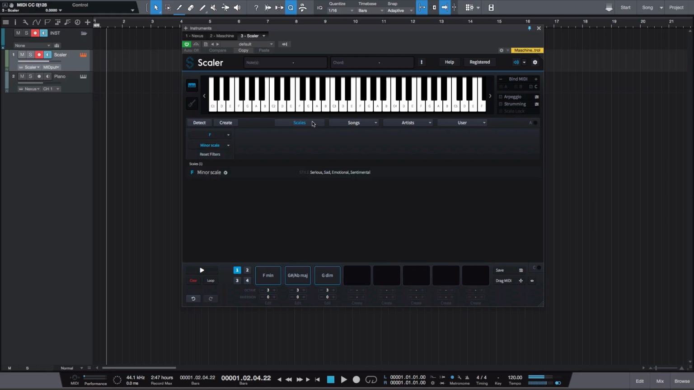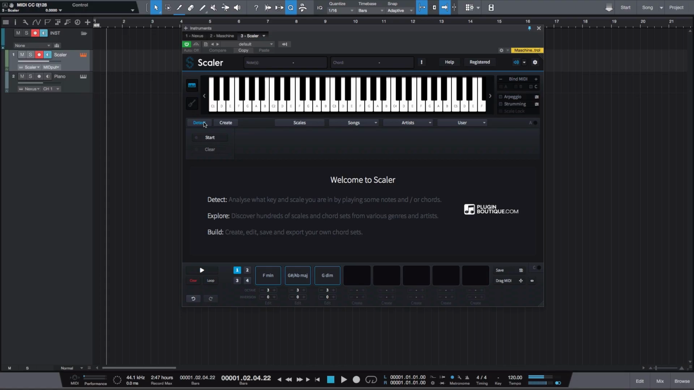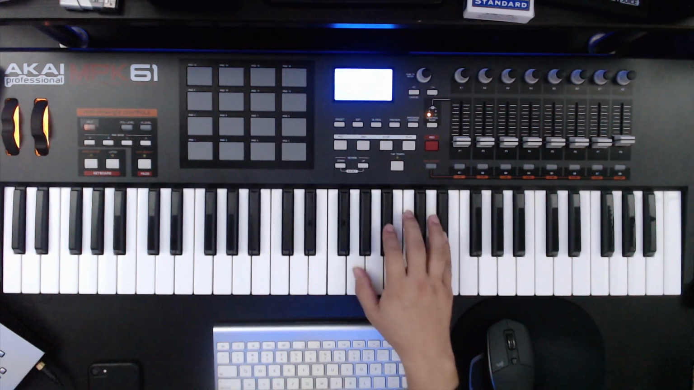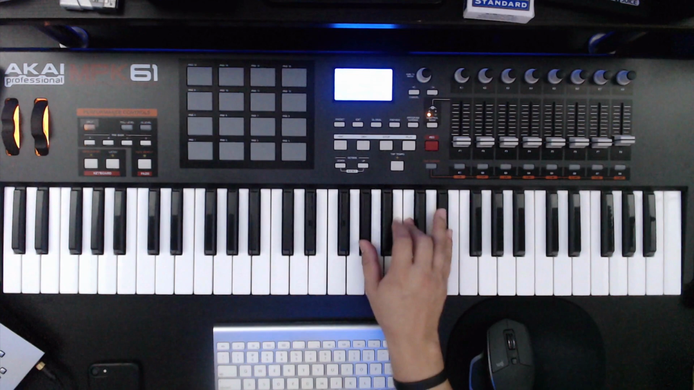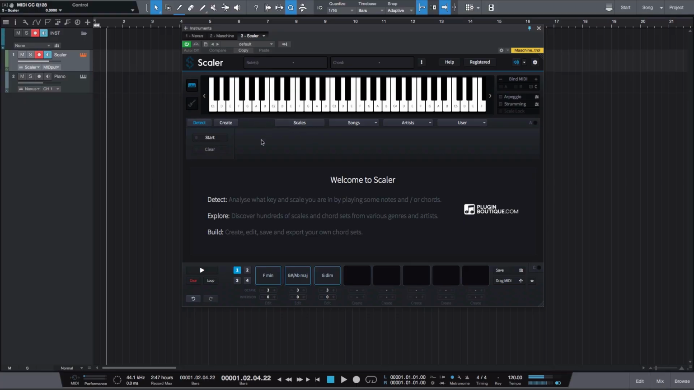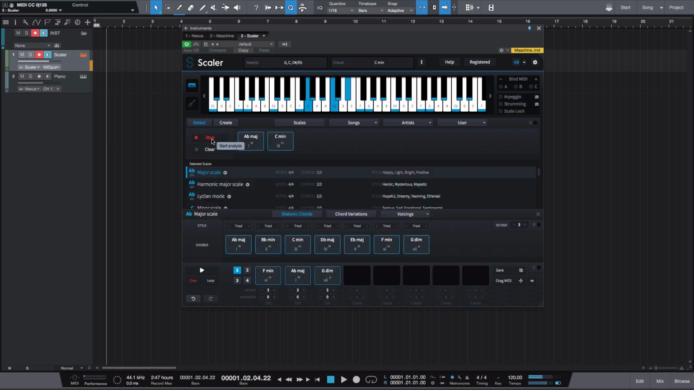But okay, jumping back into Scalar, go ahead and hit the detect tab, and I'm gonna show you guys two ways, one with chords and one with a melody. So let's say I came in here and maybe I came up with a chord progression. Okay, so what you would do once you have that down, hit the start button and just start playing. Now, after you're done, just hit the stop button,